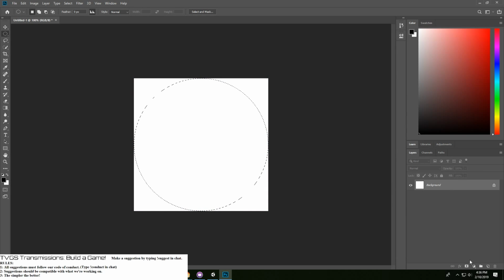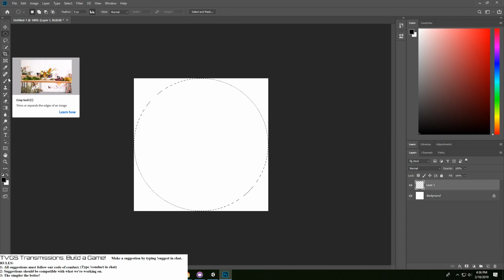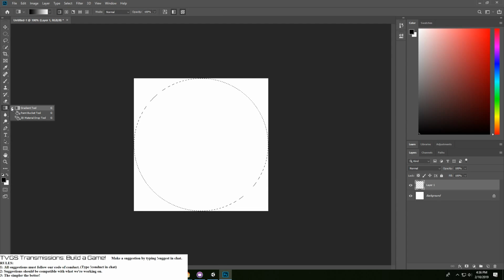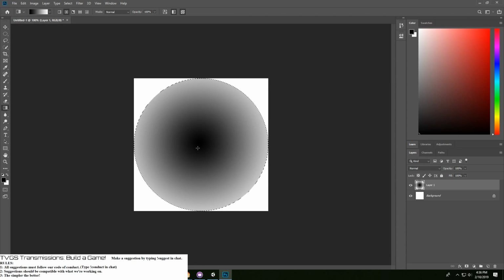Perfect. All right, so then we are going to create in here, where is it? Oh, there it is. Paint. It's a gradient tool. We'll have it going from inwards to outwards, so that works great for me. Yeah, this actually kinda sorta works. Kinda want to make it go more outwards. There we go.